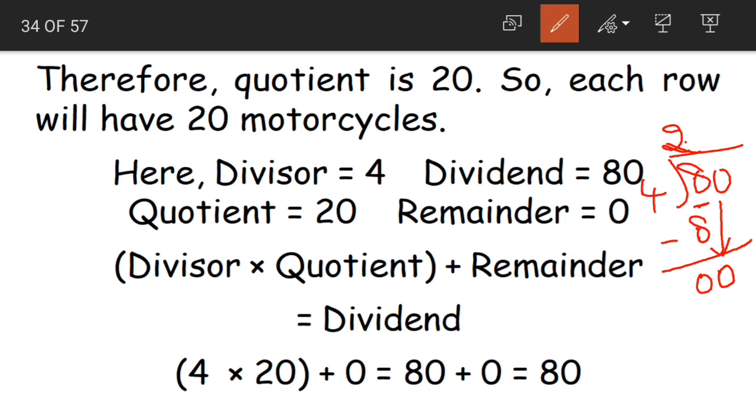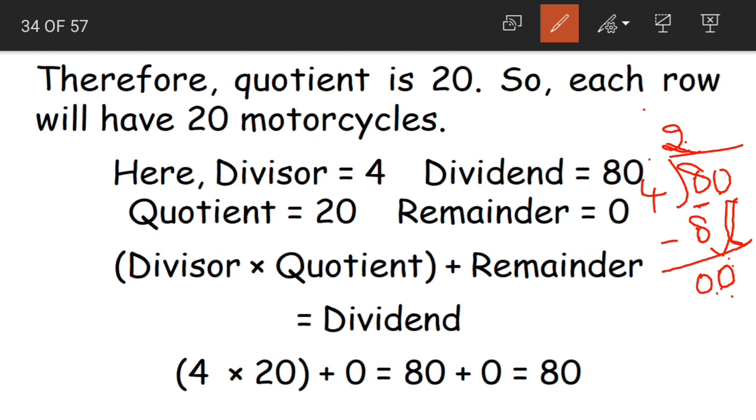Now children, this is where many students get confused. Here we are having 0. You might think we have come to 0, right? So 0 becomes our remainder and 2 becomes our quotient. No. This 0 is not what we are remaining with. This is the 0 that we have brought down. Suppose if this was 2 or any other number, would you have left it there? No, right? We would have done further division. In the same way, even though we have 0 here, it is not our remainder. It is the digit that we have brought down from the ones place.